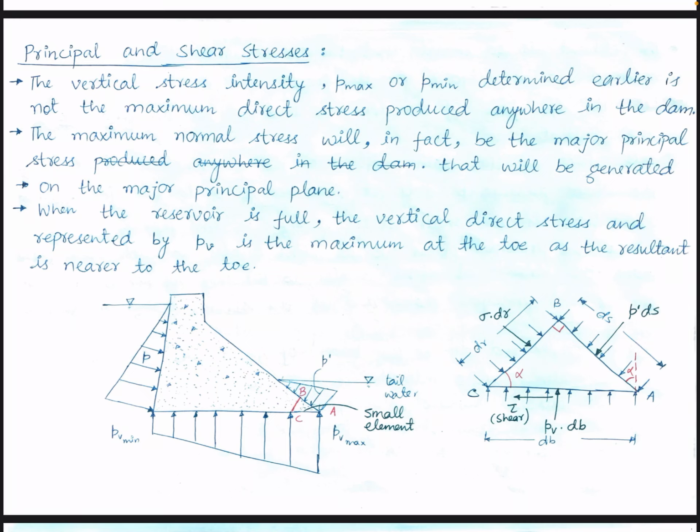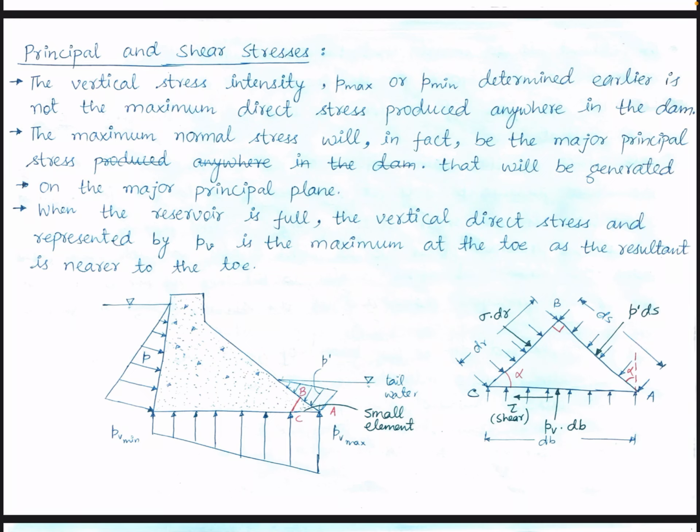So in the two lectures related to the gravity dam, in the first we have seen what a gravity dam actually is and what the various forces are which may be encountered while we are constructing a gravity dam. Those were the water pressure, uplift pressure, silt pressure, ice pressure, wind pressure, earthquake pressure, and the weight of the dam. So these were the 7 principal or major forces which can act on a gravity dam.